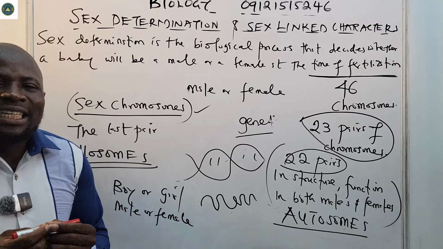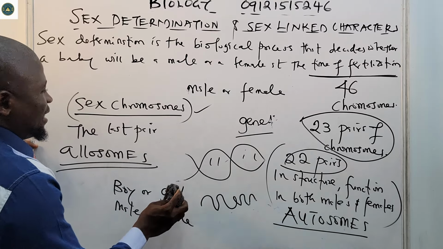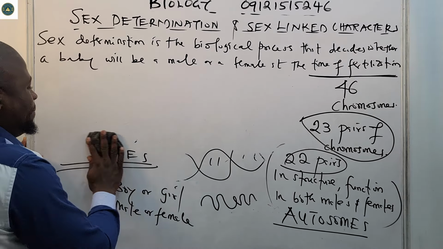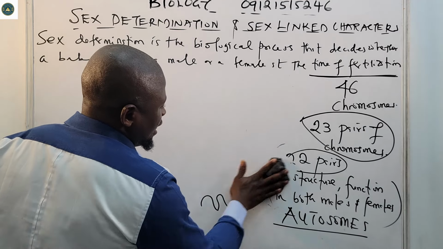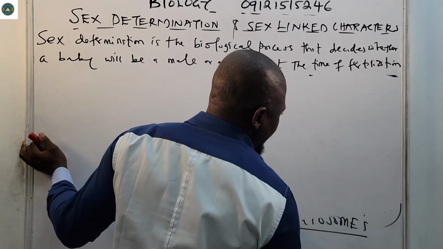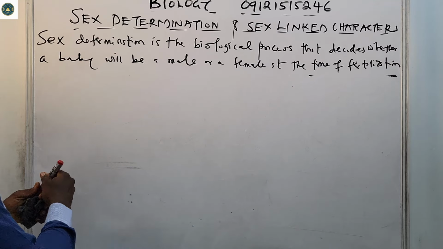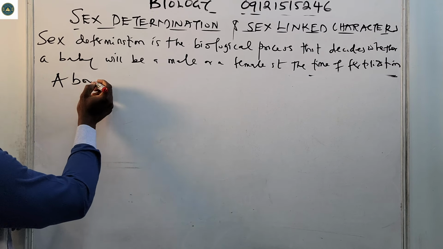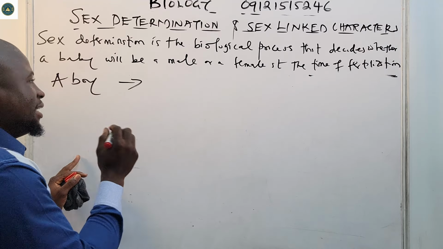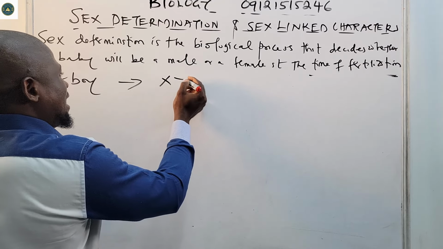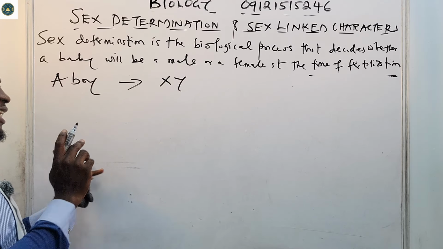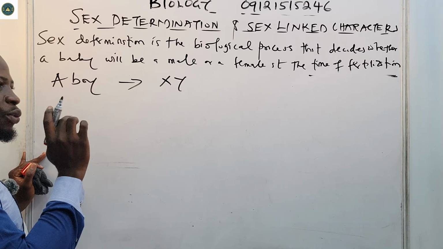Now, in the case of a boy, we have an XY pair. So in the case of a boy, the last pair of allosomes is the XY pair, X and Y. This means that in a male we have